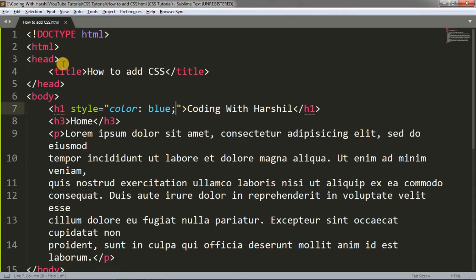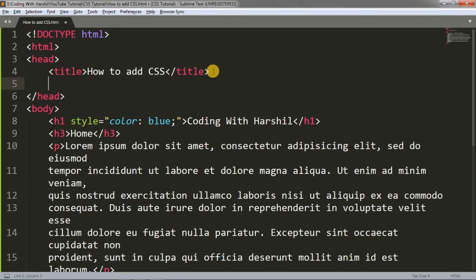Now let's move forward to the second way, which is the internal CSS. In the internal CSS, we are writing the CSS code inside the HTML document, but not in the body. Okay, means I want to say that in the inline CSS we are writing the style here, but in the internal CSS we will add our styles, our code, inside the style tag. Okay, we have seen the style tag many times in the previous video of the CSS tutorial, on the CSS syntax and selector. In that video also we have used the style tag. Okay, so that style tag is our internal CSS.